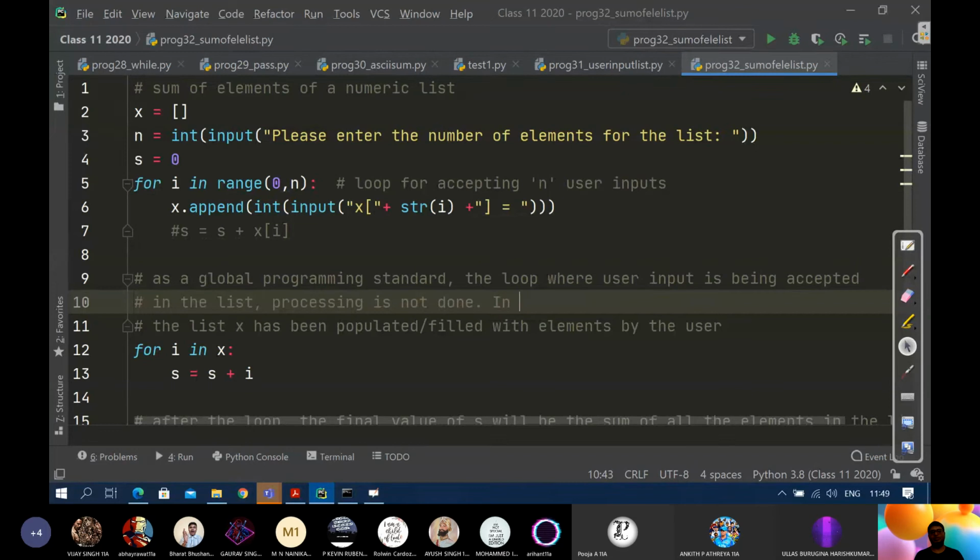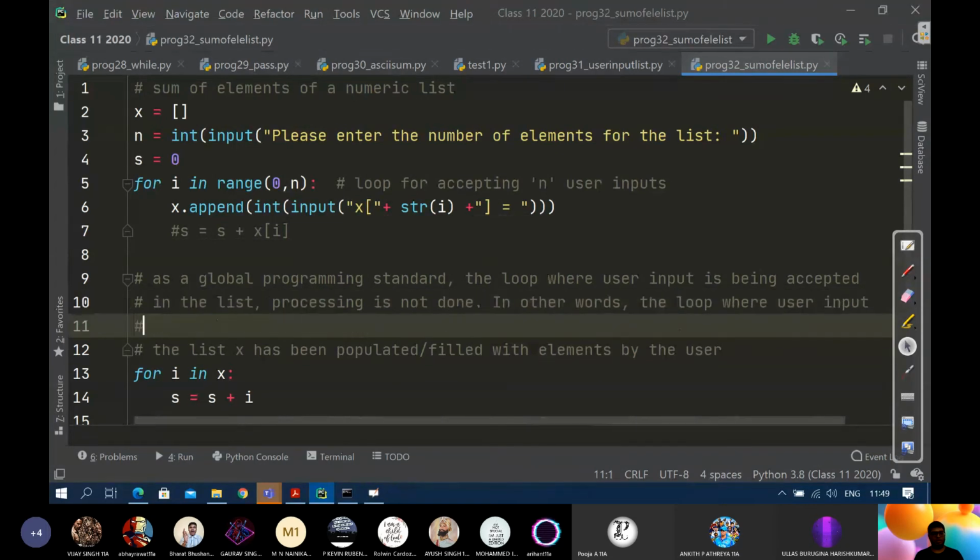In other words, the loop where user input is being done, no other activity should be done.